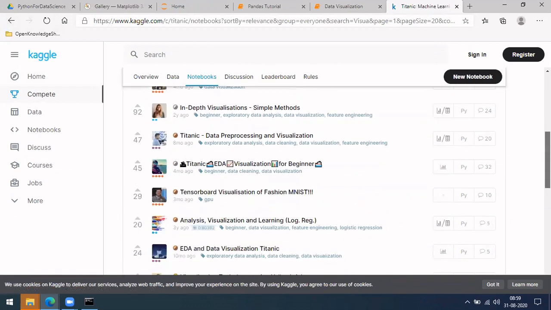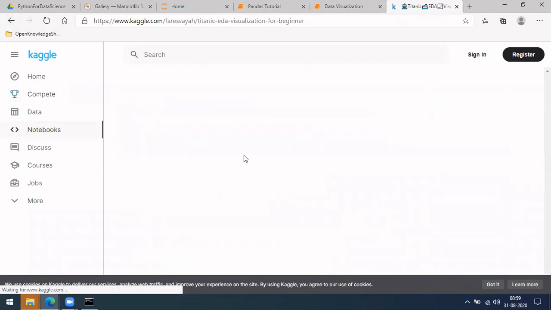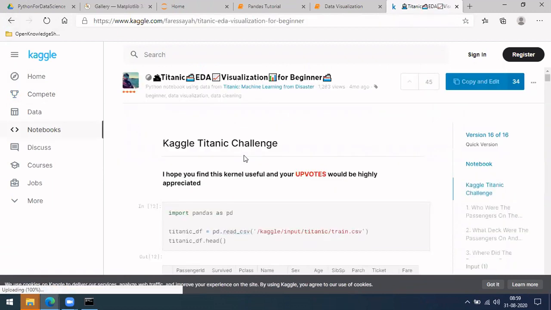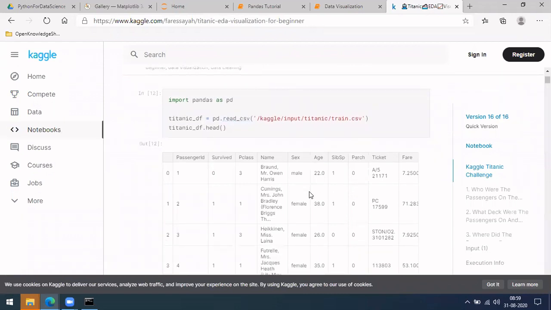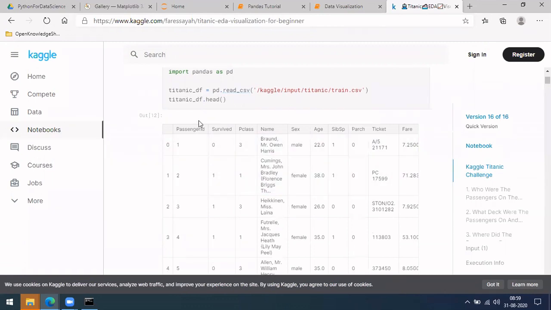Let me go for this EDA visualization instead. Okay, so I'll introduce what this challenge actually is. It is based on a challenge from some 5 to 7 years back, where they provided the details of the passengers who were inside the Titanic. This may be just a dummy set, not the actual data.